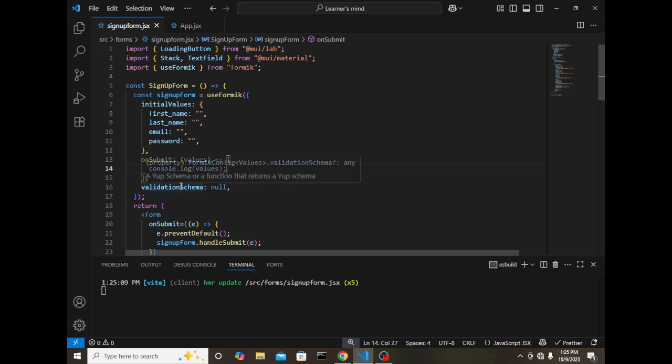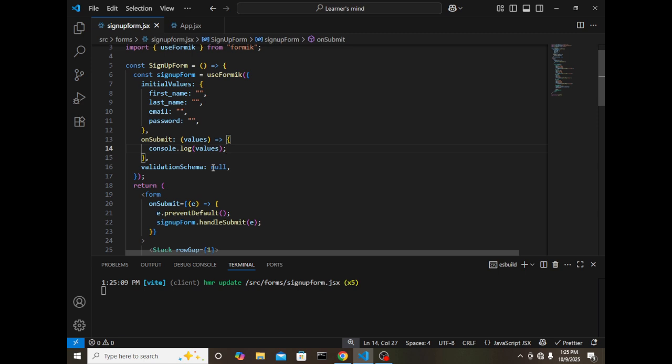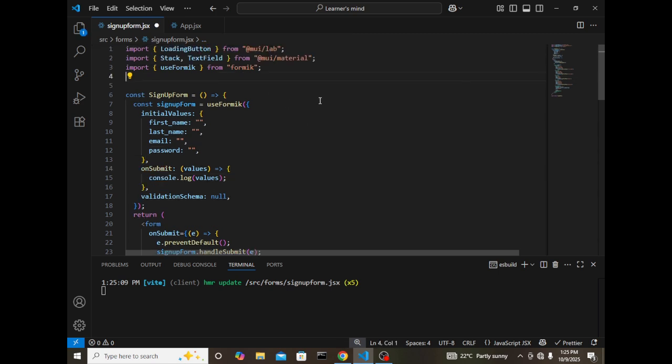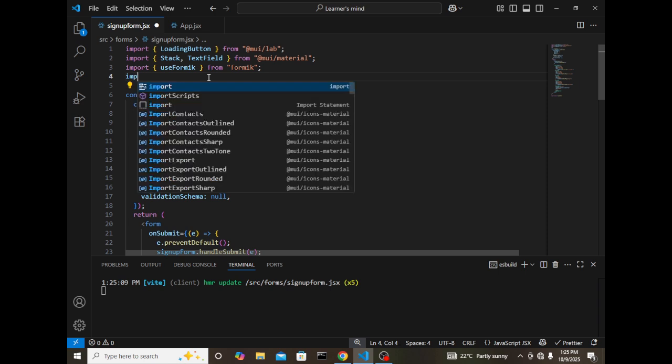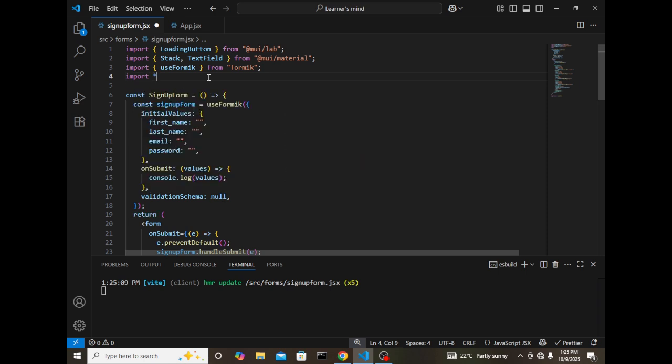Now lastly, we come here to validation schema, and here it is recommended that you use yup or yap, the way you like it. First of all, make sure yup is installed, and I have it installed already. If it's not installed, you can kill your server down here, and then you can do npm install yup, and then it will do that for you. So I just want to import everything as yup from yup,